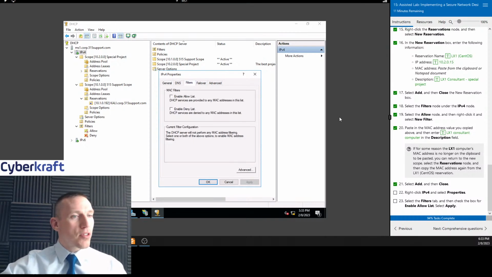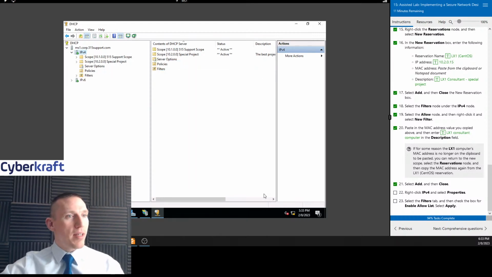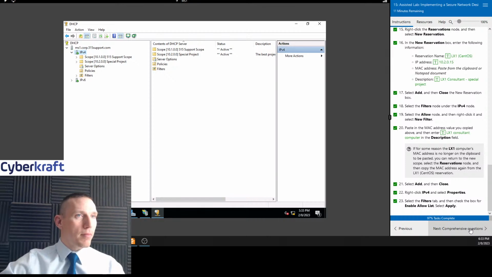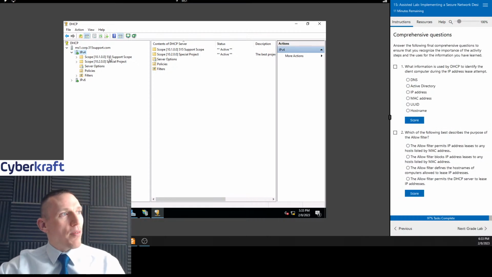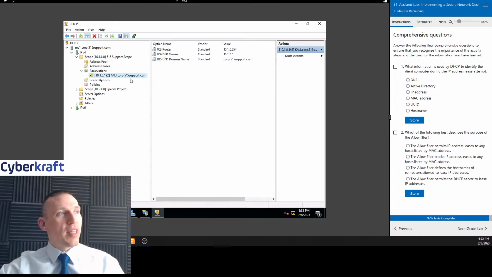Go to filters. And then we're going to enable the allow list. The allow list is what we just created. Apply that. Hit OK. All right. And now what we have is a reservation for the 550, the Kali, the CentOS machine in our